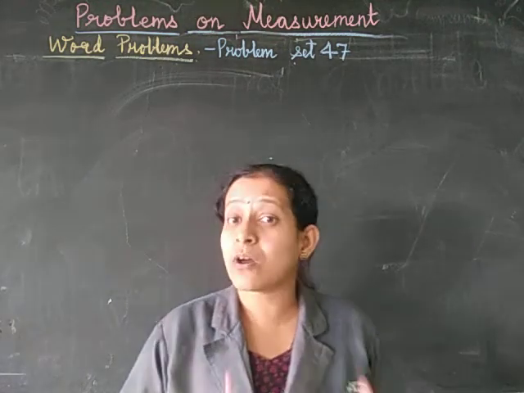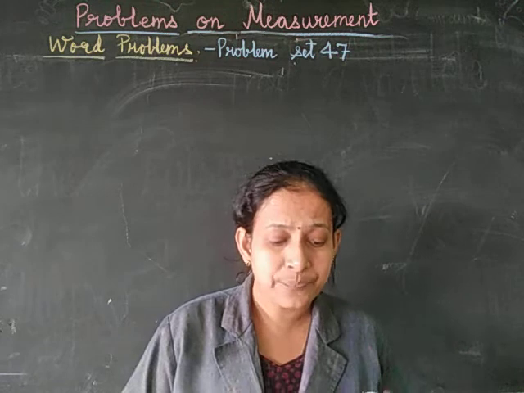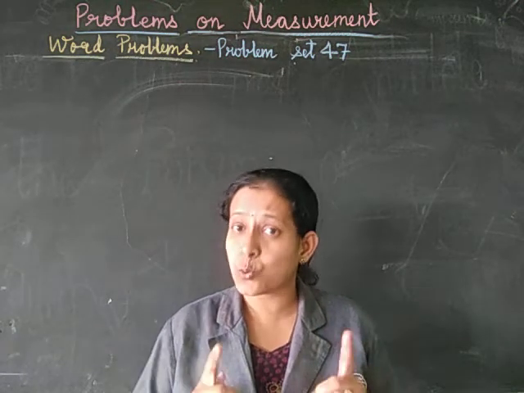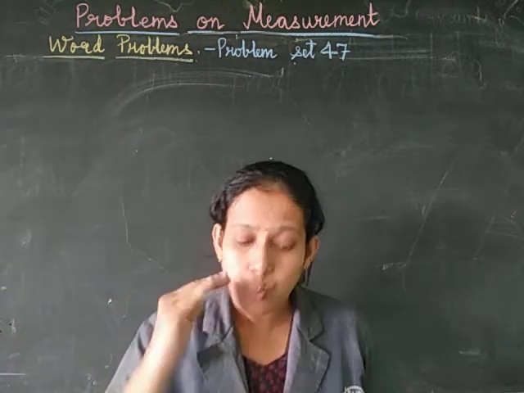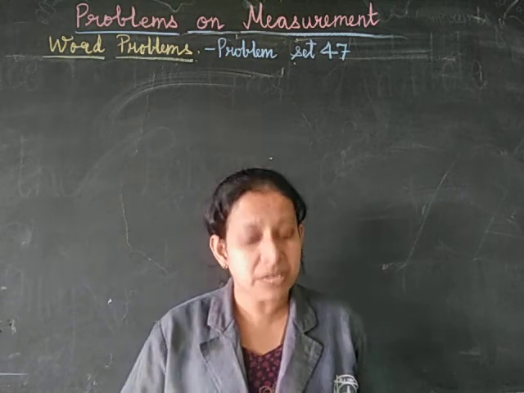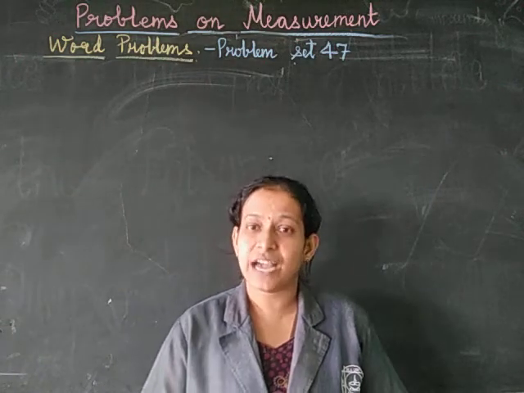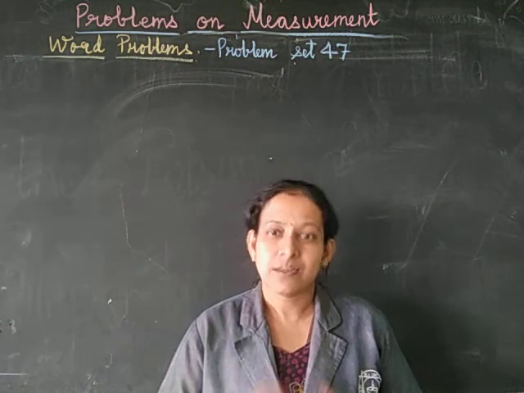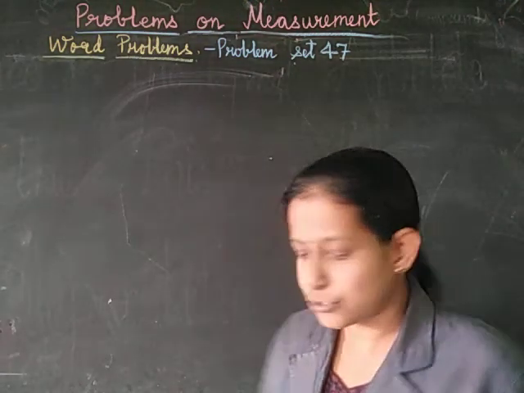Same way, the college students cleaned out of 2 kilometers 575 meters only 1 kilometer 750 meters. So that means over here, to find out how much remains, we have to subtract 1 kilometer 750 meters from 2 kilometers 575 meters. So let's start with the subtraction problem, and then we will find out.